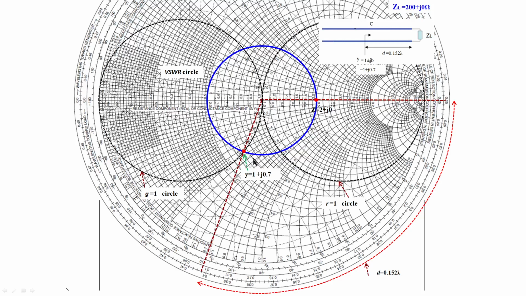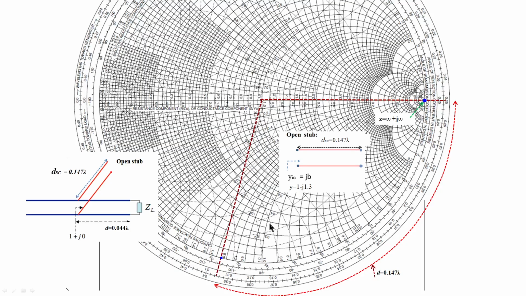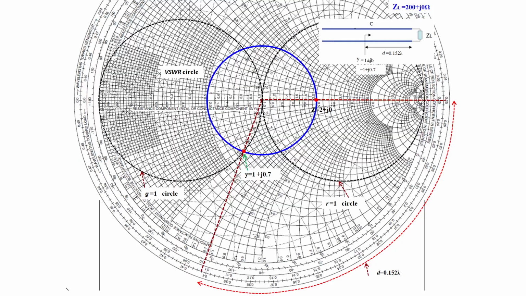But that is passing through our point here. See, this is a circle. Here also a B circle, you see. This is also a B circle, but it is not passing. Its value is 0.8. 0.8 is not passing through this point. Similarly, this is also a susceptance circle. It is not passing 0.6. 0.8 is also not passing, but 0.7, you see, this 0.7 circle is passing through our point.